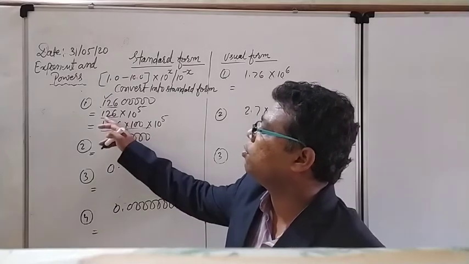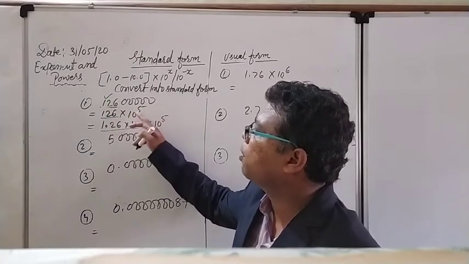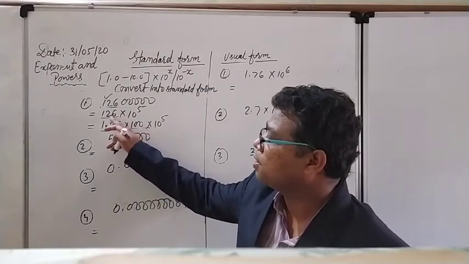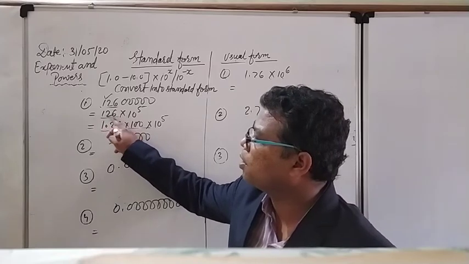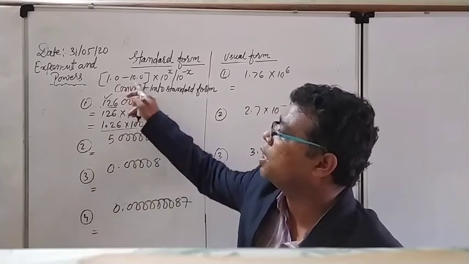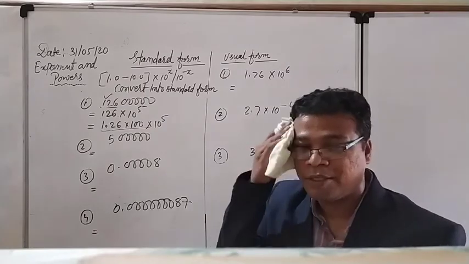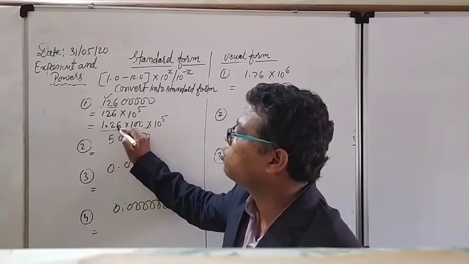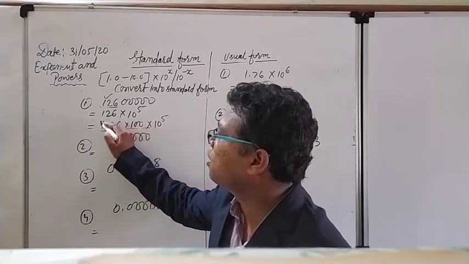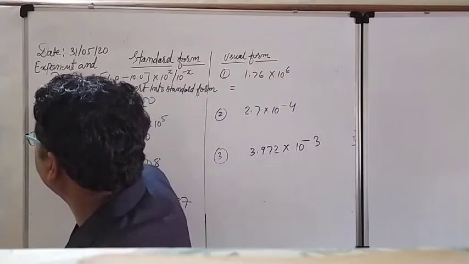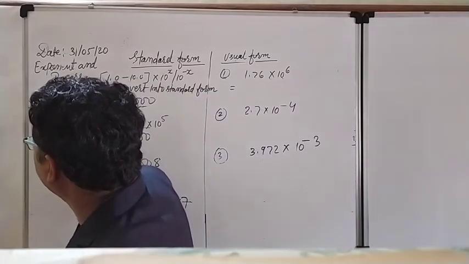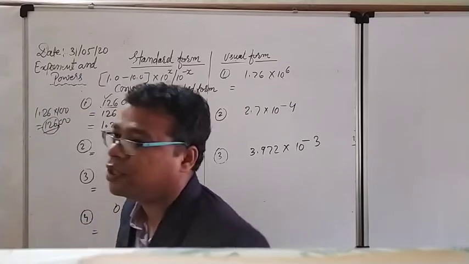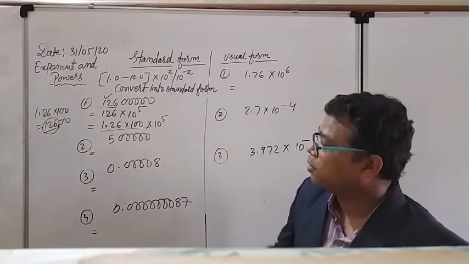See, again 126 into how many zeros are there? 5, according to that 10 to the power 5. Actually I want to convert that 126 into that particular range in between 1.0 and 10.0, so I can write down 1.26 because I have considered the point here. If you solve this in a rough copy, see here 1.26 into 100, what will you get? 12600. After the 2 digits you have to consider the point, so again you will get the same thing, 126. So that logic I am applying here.